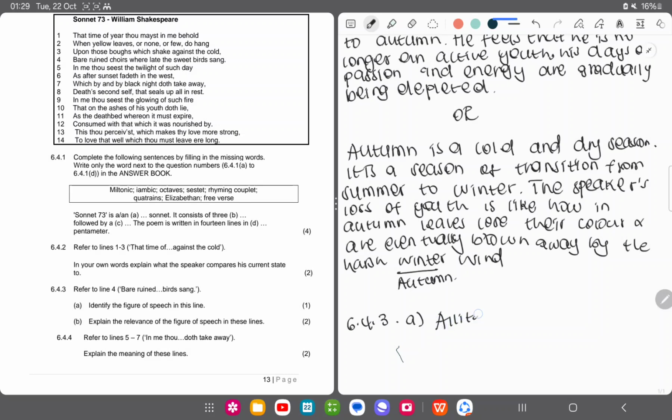Now, alliteration is the repetition of consonant sounds, right? Sounds like B, C, M, such sounds. So it is alliteration in this form. It says B, explain the relevance of the figure of speech in these lines. Well, we can say since we have a lot of repetition of the S sound, we can say the emphasis,